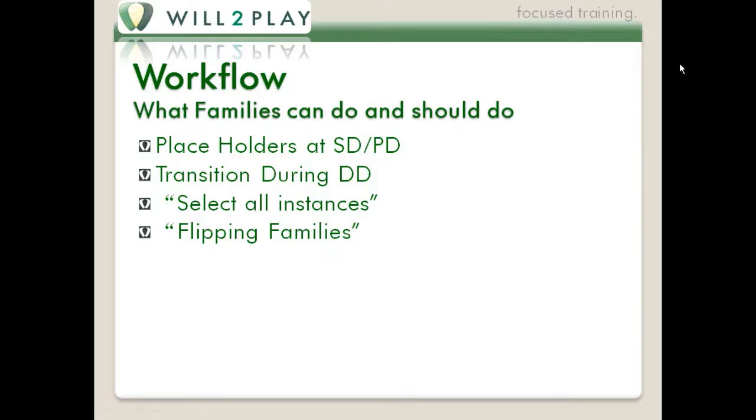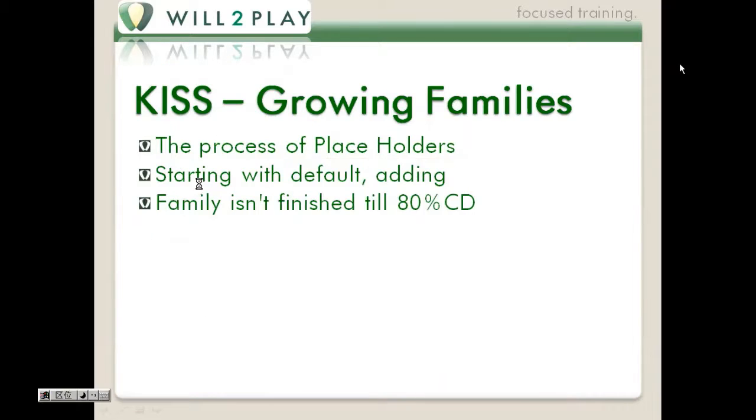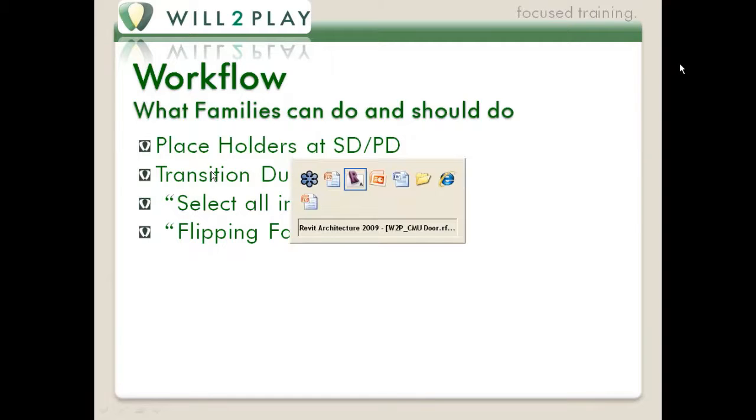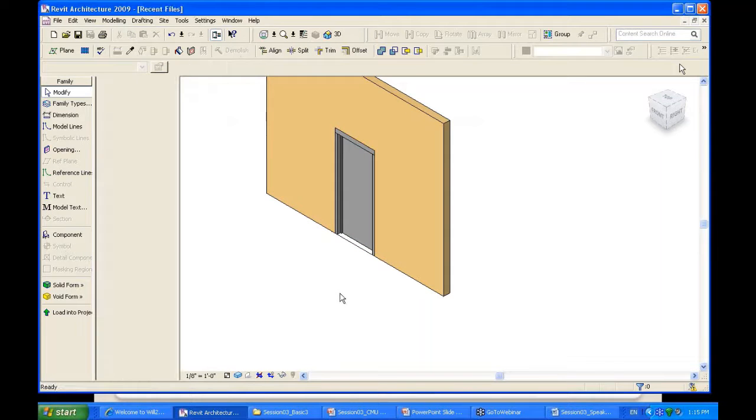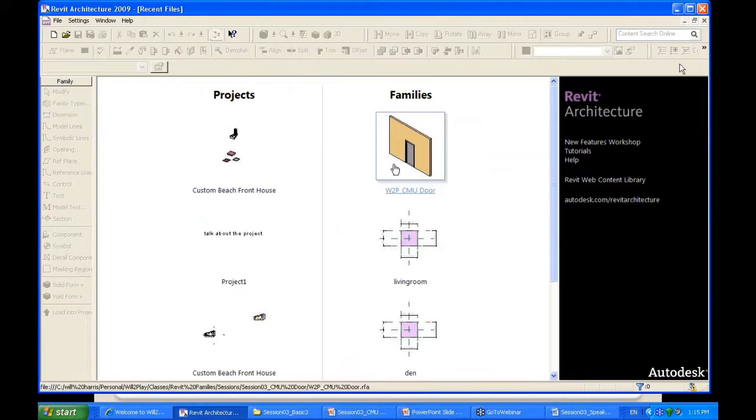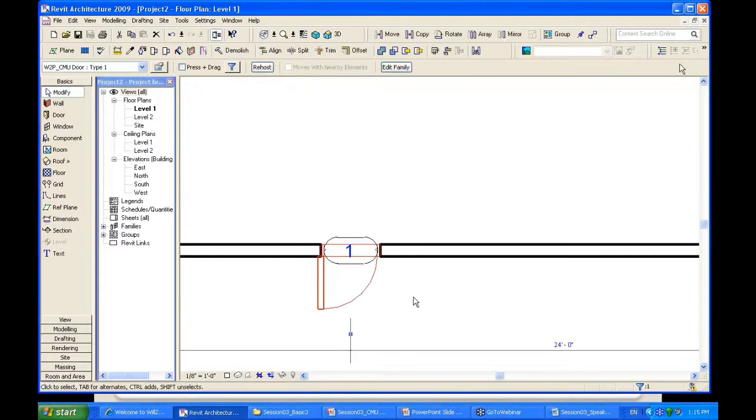So during the Revit process, it's completely different than it is in the AutoCAD process. In the Revit process, we place an object. We call this a placeholder. It's a door. It's a door, and that's it. And from there, let's go back into Revit and get back into the project. It's a door. This is a placeholder door,